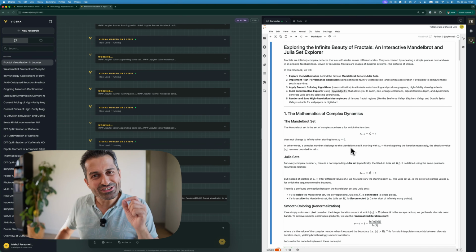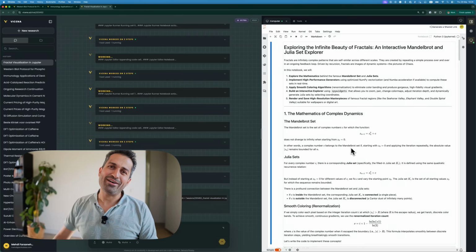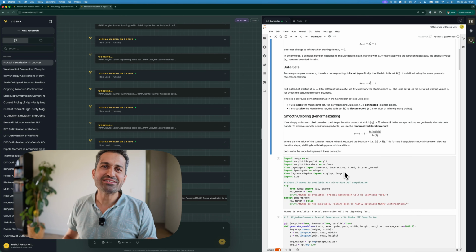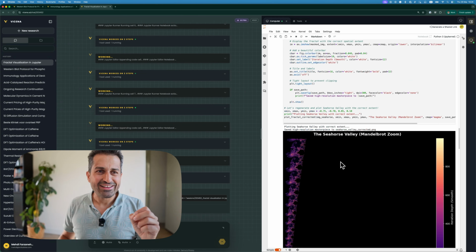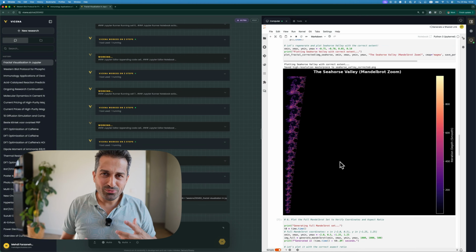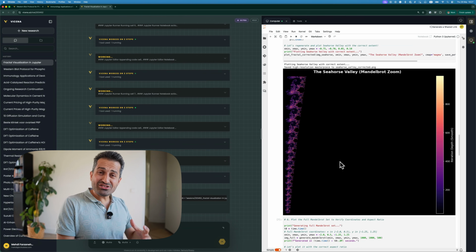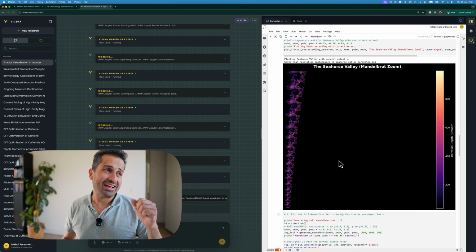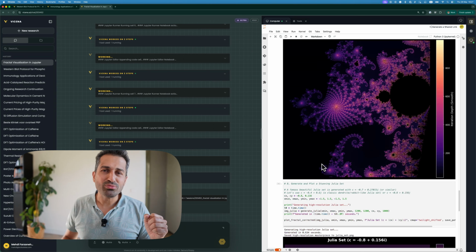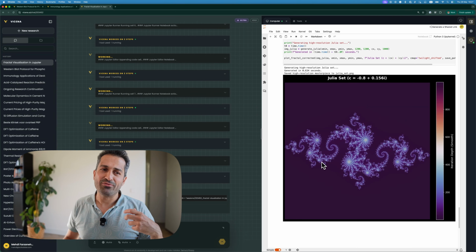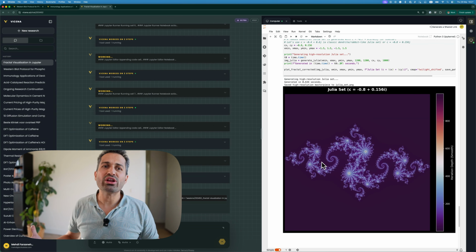Because in version 3, we have a much better interaction with Jupyter notebooks, more reliable, more interactive, more agentic, and here I asked it to create more beautiful and very stunning